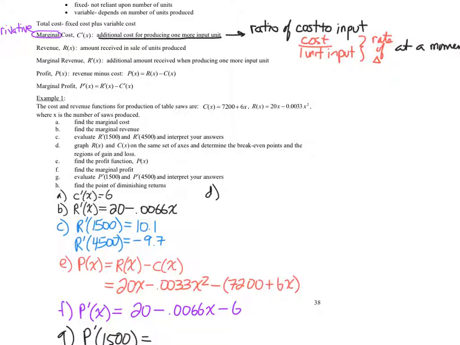If you want, you could just rephrase this expression in context: additional amount received when producing one more input item. Well, the input item is table saws. So this would be 10.1 units. Well, it's cost and revenue. They didn't mention any units, so it's implied to be just regular dollars. So the revenue